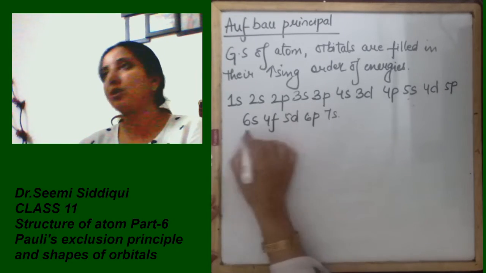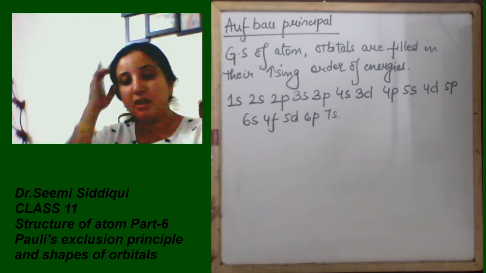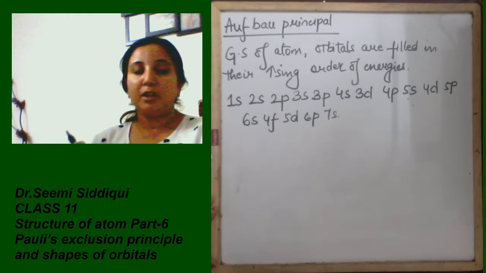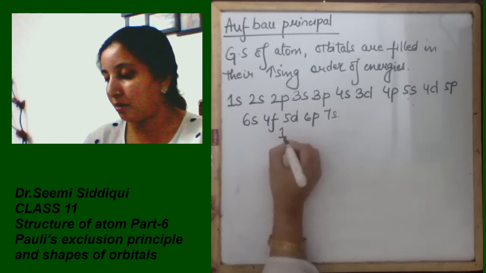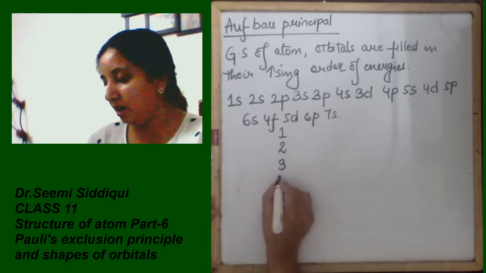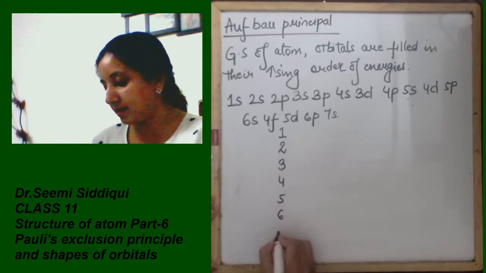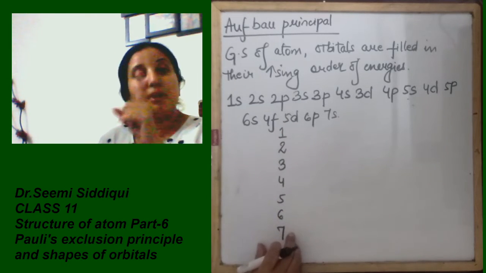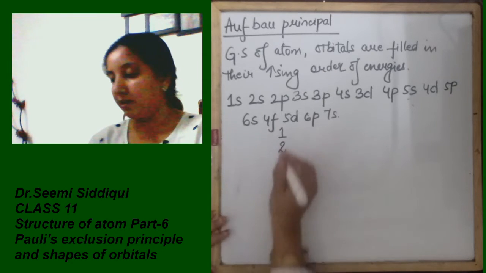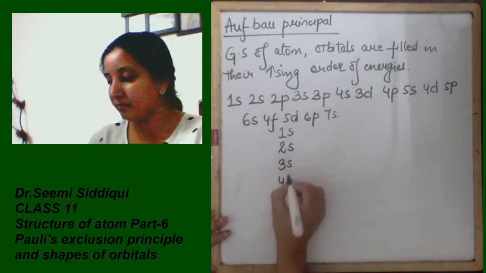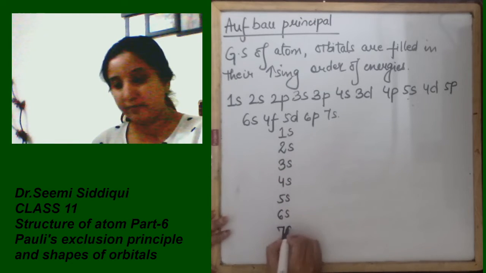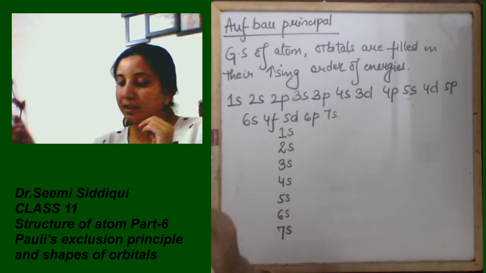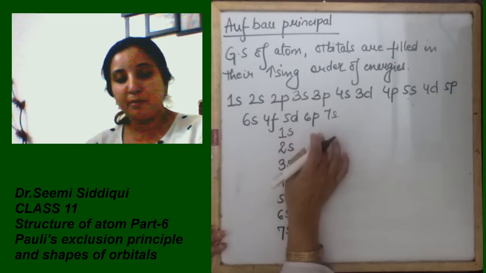Now writing or learning like this is a little bit confusing. So what do we have to do? An easy method: we are going to write down the counting 1 to 7: 1, 2, 3, 4, 5, 6 and 7. Because we have made the first line, the first orbital, everyone is going to be s, isn't it? Now what we need to do is, for the second line we decrease 1, we leave out the first one.